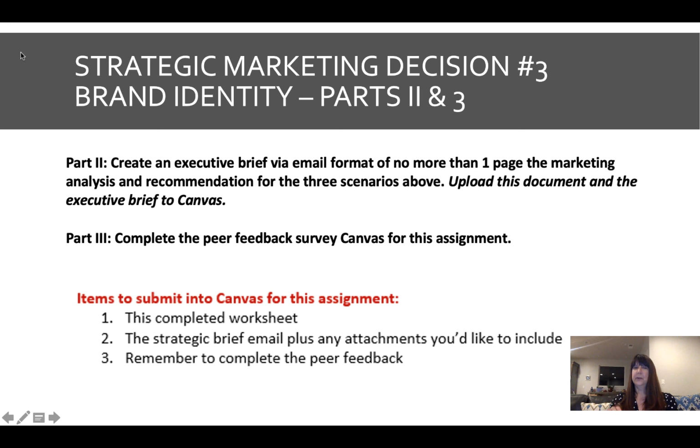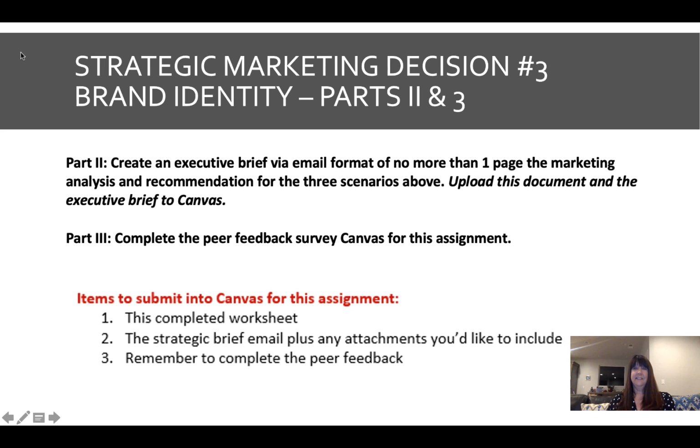So you're going to create an email to the CEO. You're going to tell them the three things you're working on. The three things, if you remember: what's the value of the brand and why you believe that so. Secondly is the value proposition. And third, you're going to walk through each of the scenarios, probably not more than a paragraph each. Tell them how big of a deal it is. Tell them how you recommend fixing the problem to save their brand in the end.